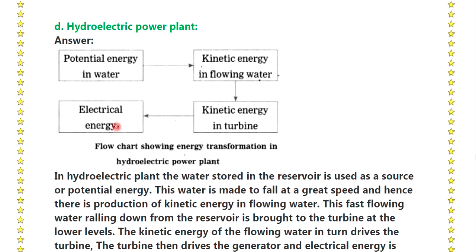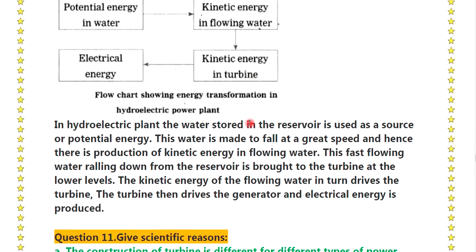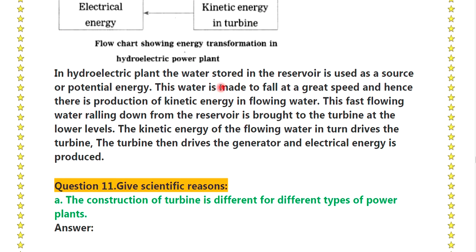After that, hydraulic energy: the potential energy of water is converted into the kinetic energy of flowing water, which is converted into kinetic energy of the turbine, which is converted into electrical energy. In a hydraulic plant, the water stored in a reservoir is used as a source of potential energy. This water is made to fall at great speed, and hence the kinetic energy is produced in